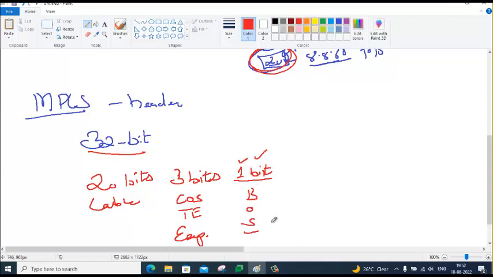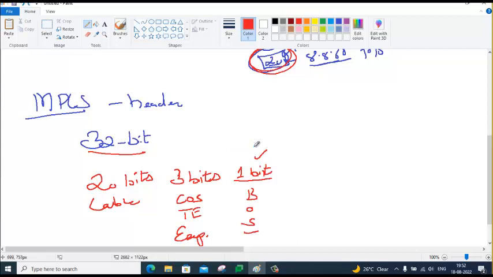The one which I am processing is the last. If the bottom of stack bit is 0 instead of 1, then it is not really the bottom of the stack, which means what I am processing is a transport label. It is not a service label. It's not a VPN label. It is not the bottom.